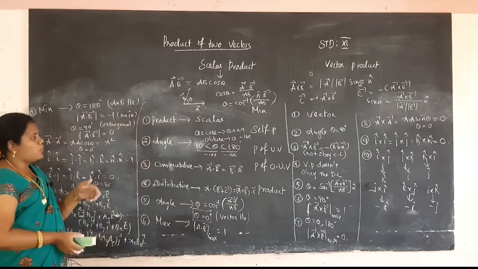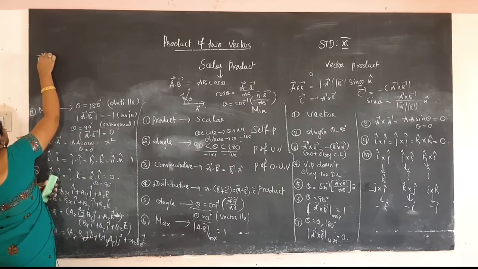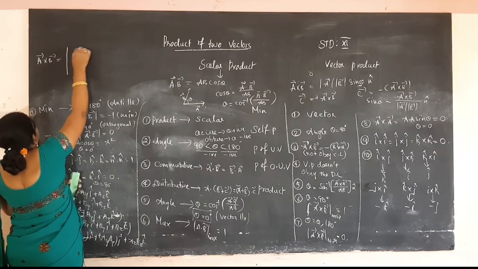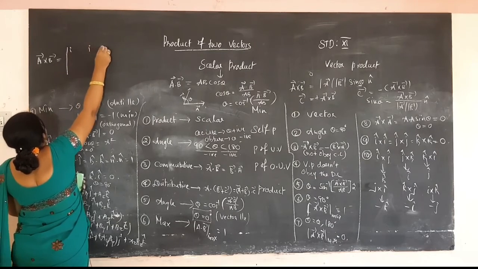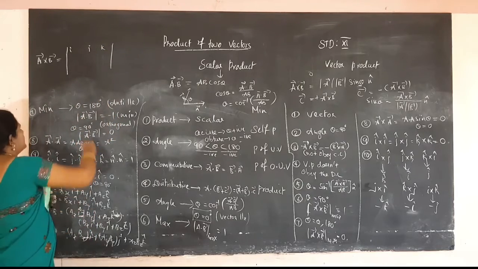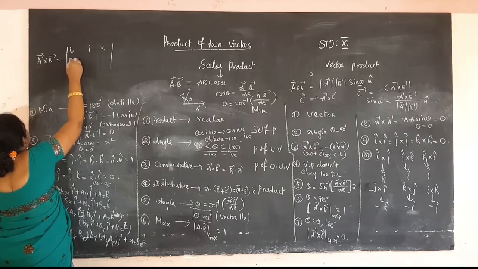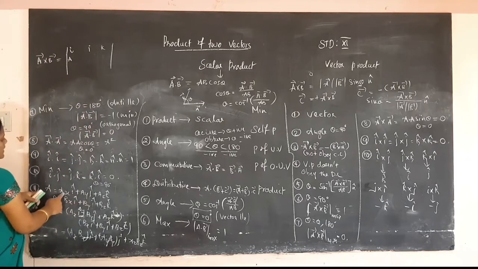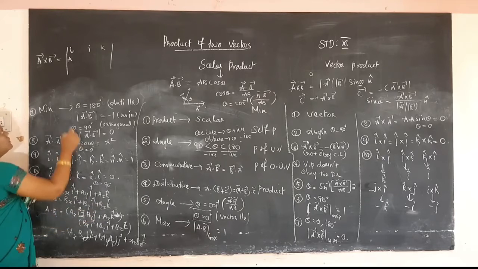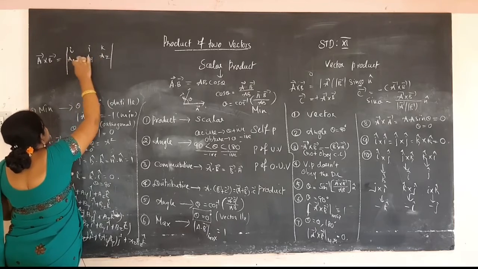Then how will you calculate the two vectors, magnitude of two vector A cross B? How will you calculate A cross B? First mention I J K in the square bracket. ஒரு ரெண்டு லைன் நீங்கள் போடணும். In the first line I J K you have to mention, and then first one A. So A value is AX I plus AY J plus AZ K. B is BX I, BY J, BZ K. So just mention AX, AY and AZ. This is the A vector.